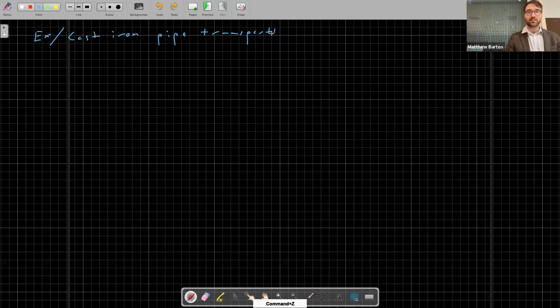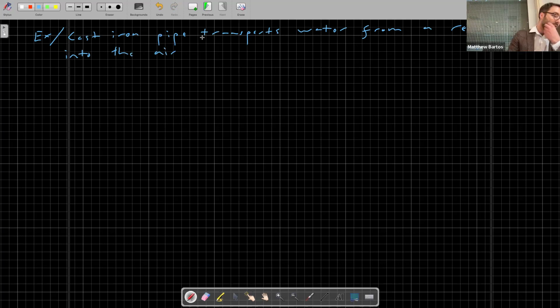So I'll say cast iron pipe transports water from a reservoir into the air through, I'll just say, 2-section pipeline